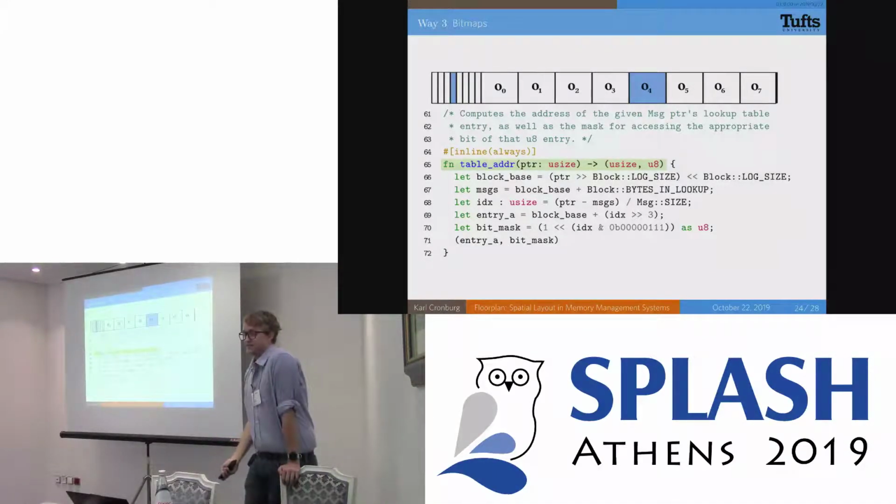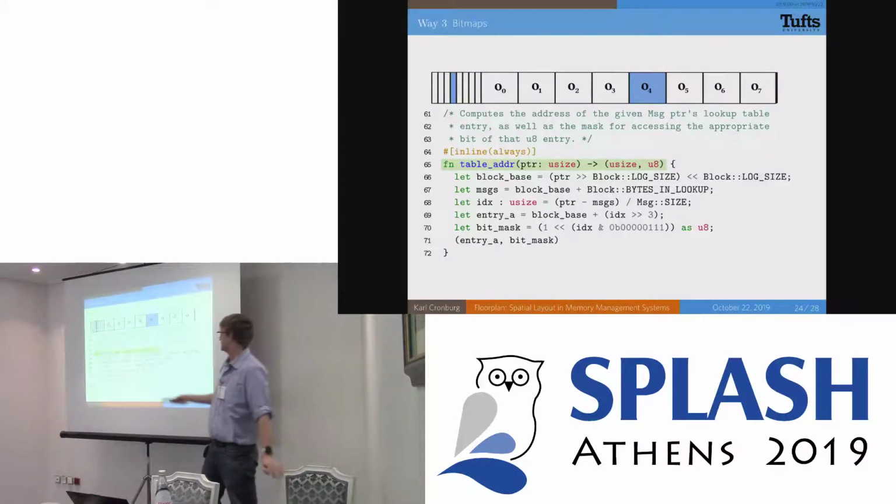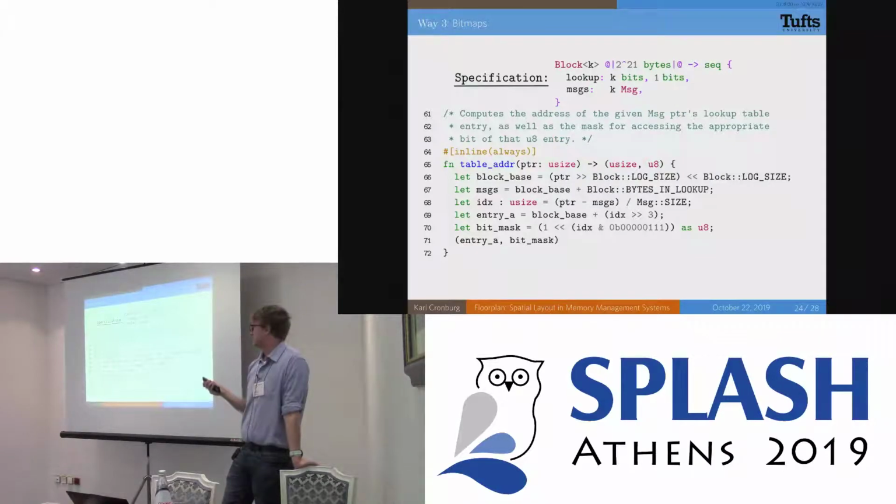And the address of that bit is represented in the return value as an 8-bit mask, which is the U8 returned by this function. And that mask, when you get it back, applies to the value found at the address represented by this usize returned. A key insight we had with Floorplan, now I'm showing you this final bit of Floorplan code, is that